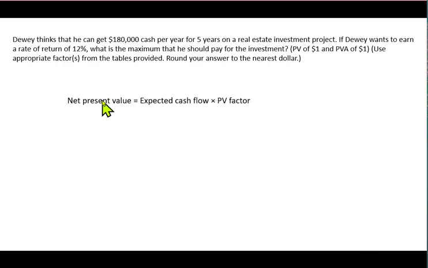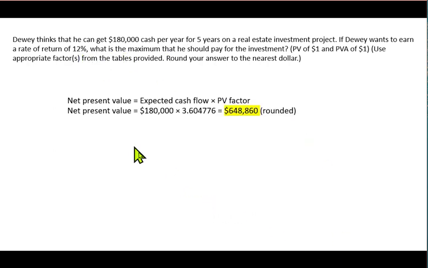So the net present value, which is what we don't know, and is how much should we invest today, is equal to the expected cash flow, and that's going to be, in this case, that $180,000 a year for 5 years, times a present value factor based on 5 periods at 12% interest. And we're going to look up a table value for that,